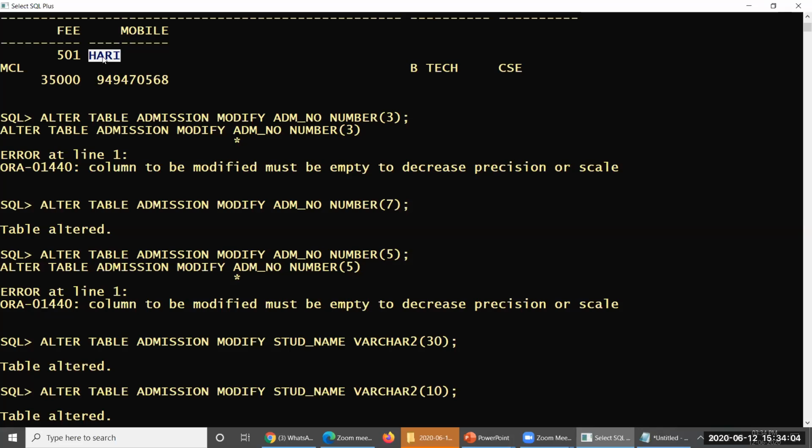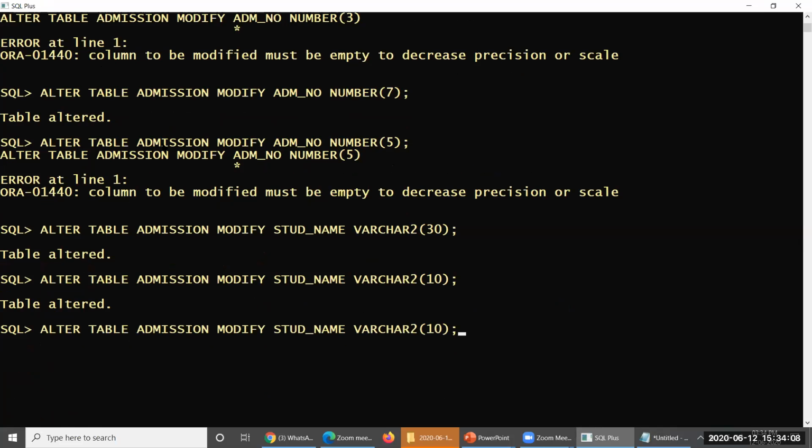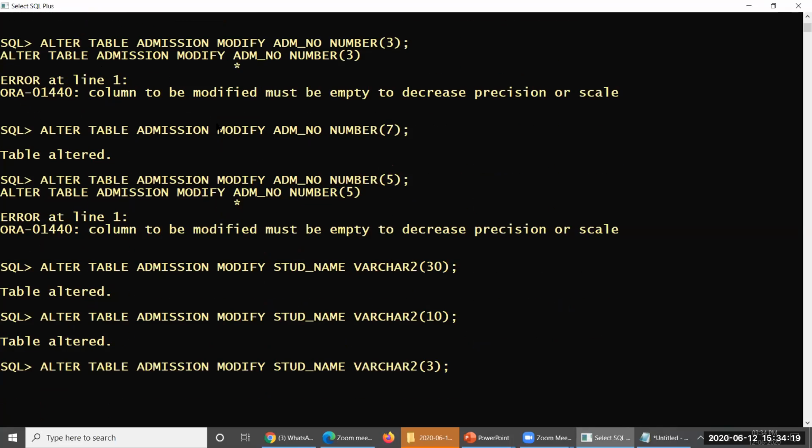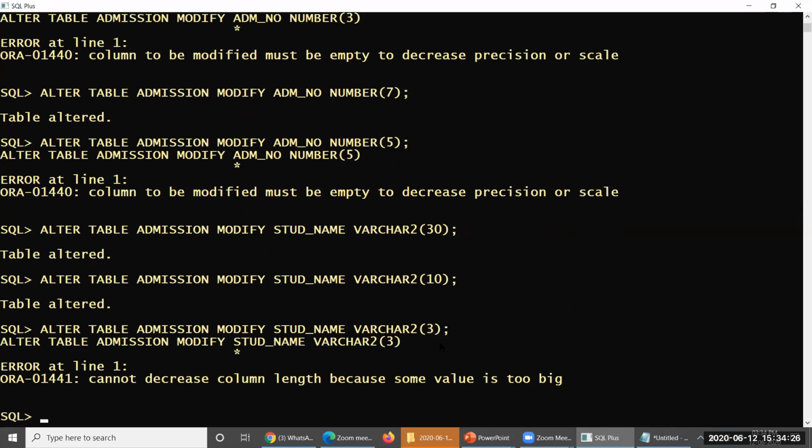That is why I'm talking about the already existing data size. If I would like to reduce some more, let me say to 3, which is less than the length of the actual data available with you, then it will face some problem.